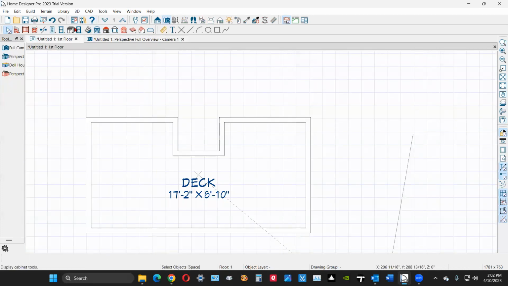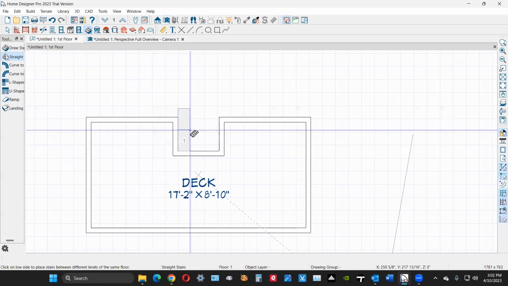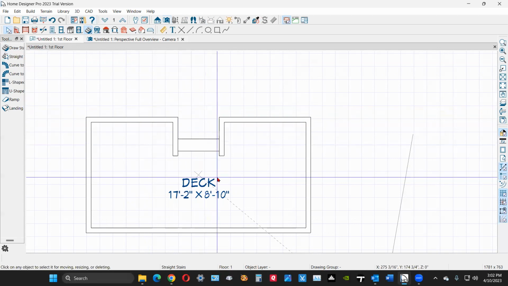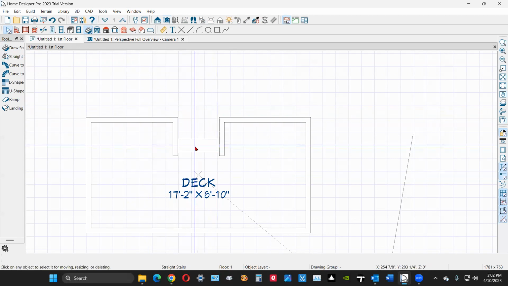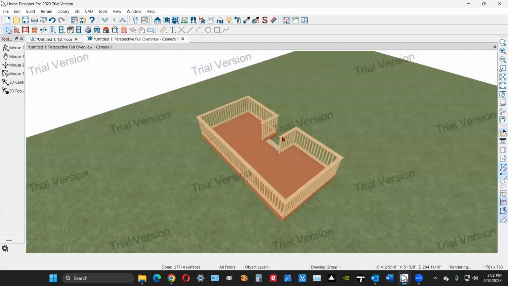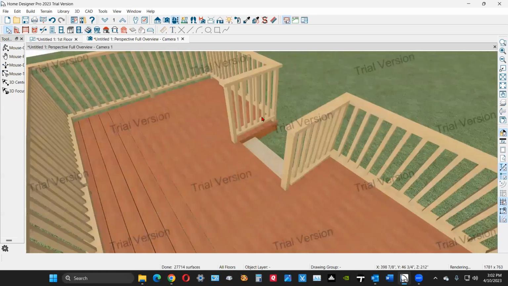Now you just go over to your stair tool and the straight stair tool with the arrow on it, and it'll automatically figure out how many stairs it takes to go to your terrain. And in my little thing here, it just chose one, and it automatically removed this wall here when I put the stair there. Now let me